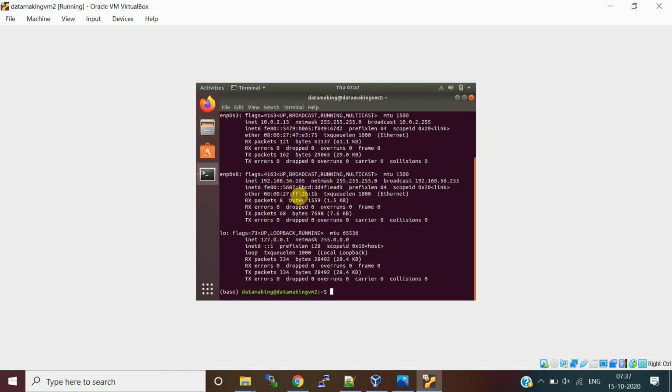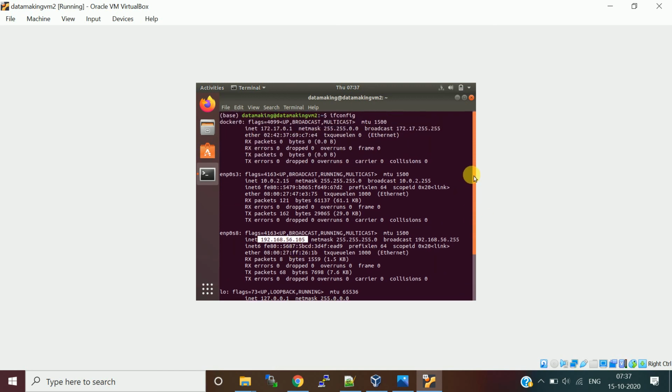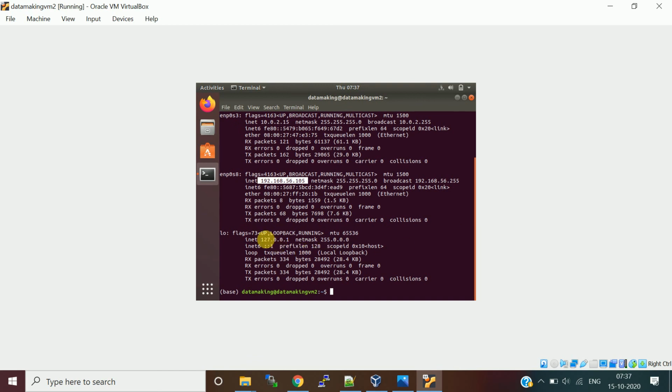You see this, there is an IP address showing 192.168.56.105. This is the IP address you need to take. There will be a localhost IP address 127.0.0.1 and others; you can ignore those.